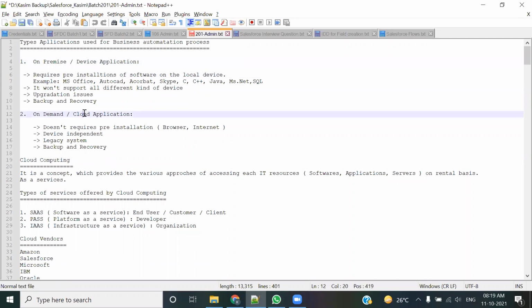But what about the cloud applications? On demand and on cloud, it's one and the same thing. On demand is a cloud application, like on-premise is an on-device application. So the major difference between on-premise and cloud applications is that